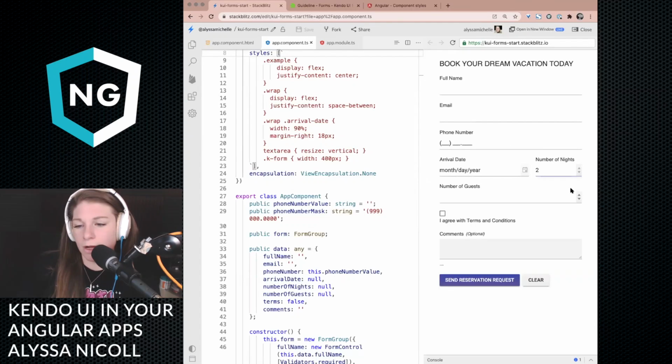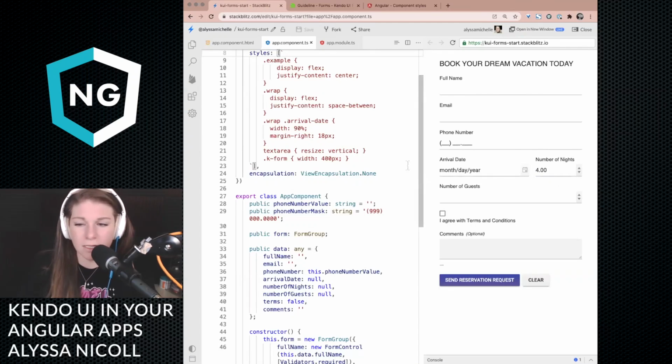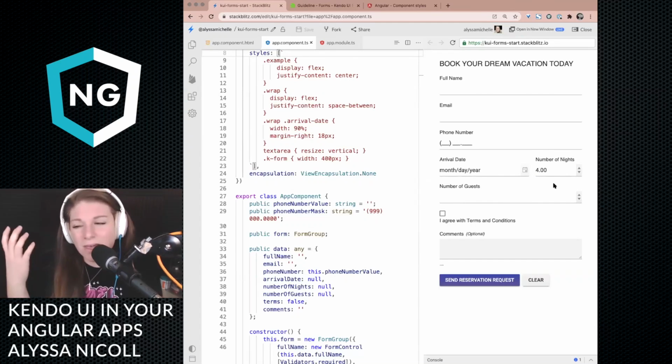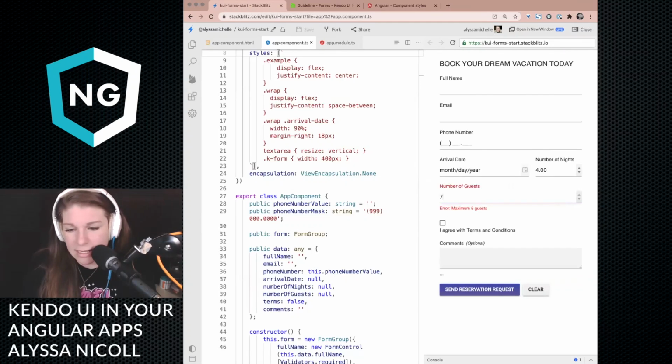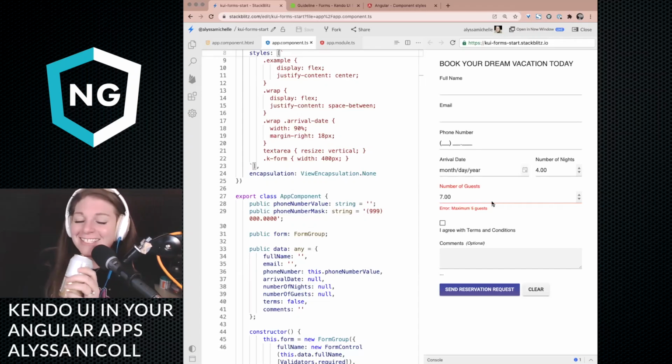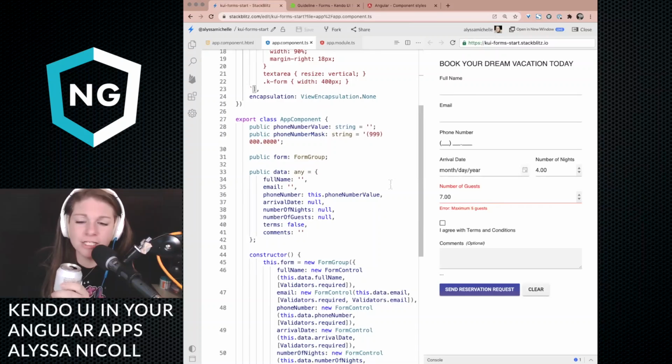So yes, the thing that was driving me crazy is whenever I would enter the number of nights for my stay, I would be like, hey, I want to stay for 4 nights. And then it would be 4.00. And my first thought was, maybe you want to stay for half a day, and so you want to allow for decimals. But then I got to number of guests, and I was like 7 guests, and it does the decimals as well. And I was like, you definitely can't have half a person. At least in my heart, you cannot have half a person. So my first thing was, hey, how do we change this? How do we make sure we don't get decimals? Because that's obviously the default.